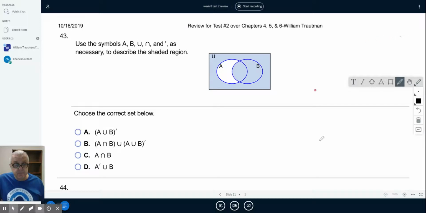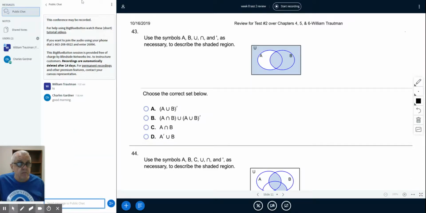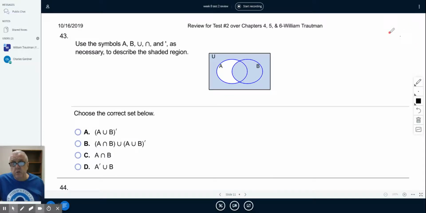There's 43. I think this might be the hardest one of them all for the test. Something like this. Even in my face-to-face class, we had a really hard time. They give you this picture and they say, "Okay, write down what you think it is." Well, there could be a lot of different things. So when you approach this problem, sometimes it's best to do a process of elimination